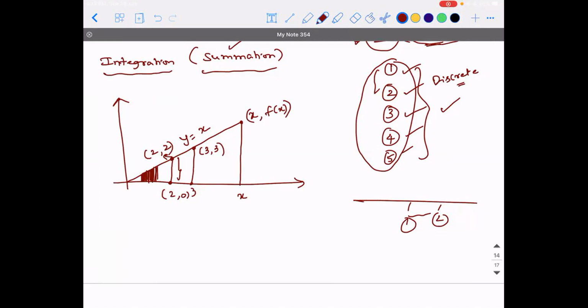Try to observe. If somebody asks you what this height represents, you will say the height is equal to 2 units. Here, if somebody asks you what height it is going to represent, it is going to be 3 units. If somebody asks you what height it is going to represent here, you're going to say it is f of x. Right? So am I clear till this point? Is it clear? Tell me.